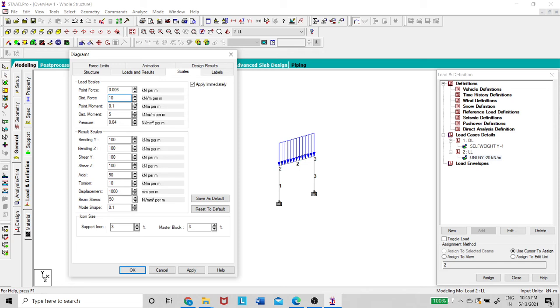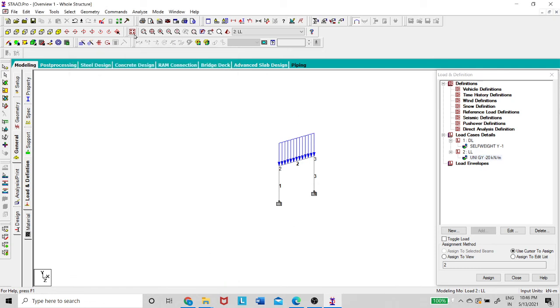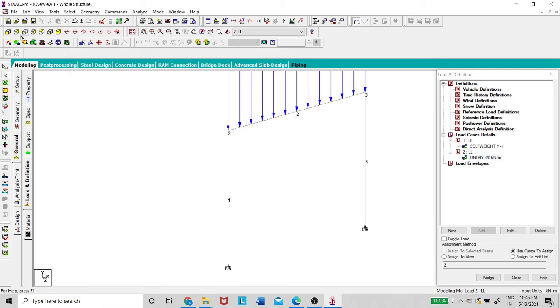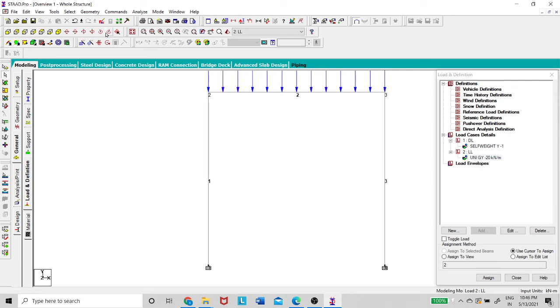So it is not going to do with whatever magnitude you have assigned, it is only for the graphical purpose. So how it is showing, whether you want to show it in a bigger way or a smaller way, that's how you can use these scales. Okay, so this is the advantage of going for the scales, and the whole structure and only the 2D. Okay, so whatever you want, you can use this.